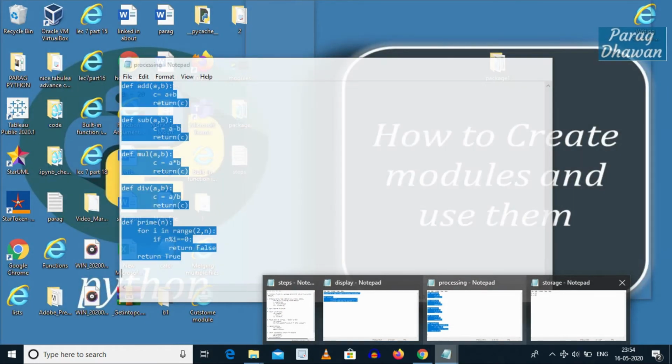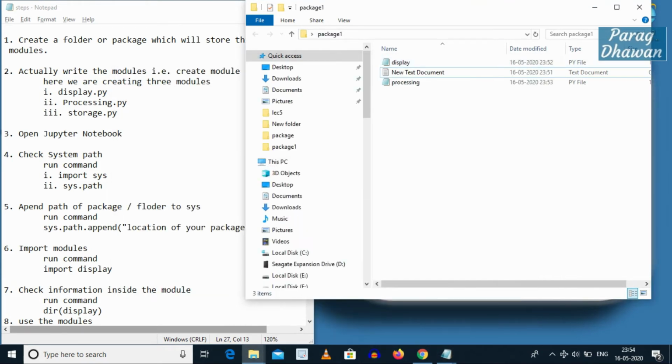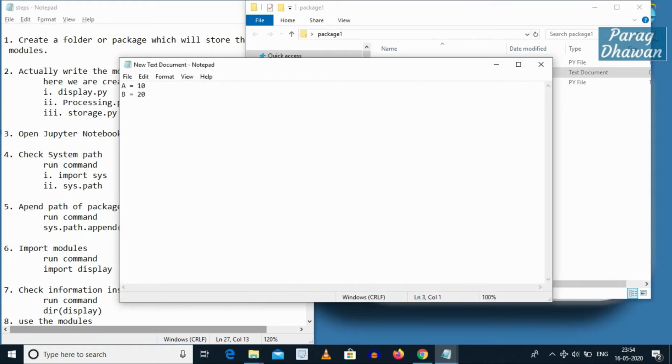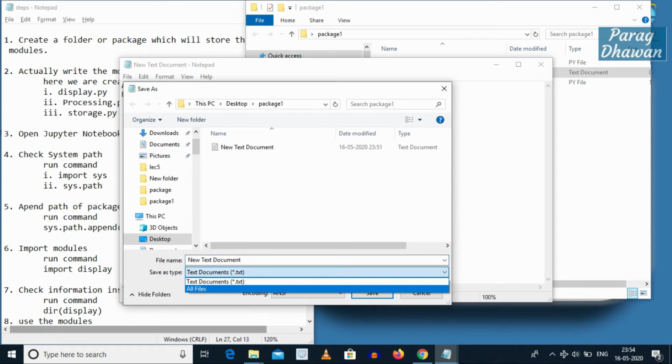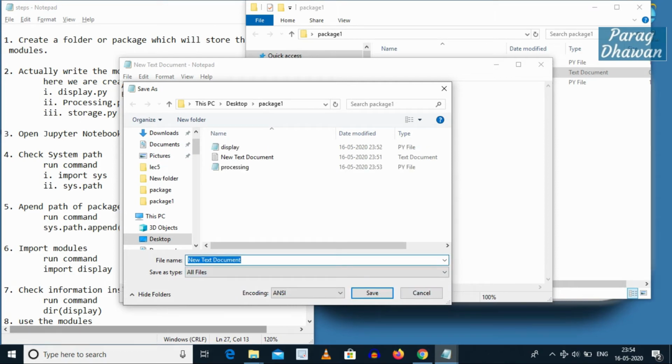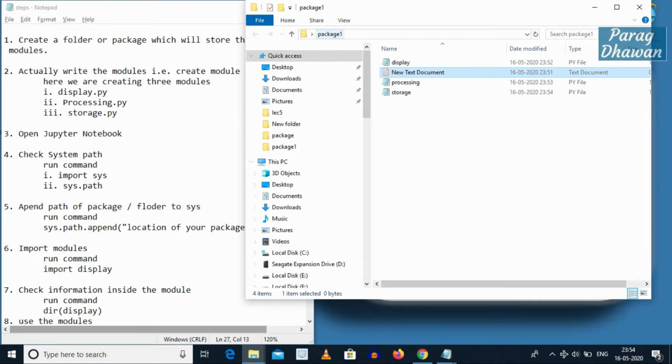In storage we only have 2 global variables, A and B. We will repeat the same steps. Open a new text document, create these 2 variables, store them inside the document, save as, change the file type to all files and give the name storage.py. Save. How many modules are created? 3 modules are created inside the package, package1.